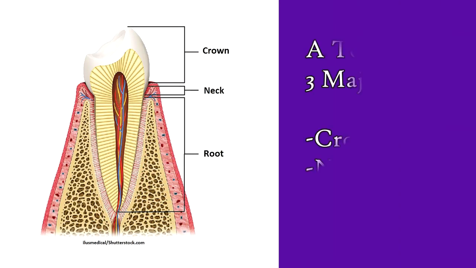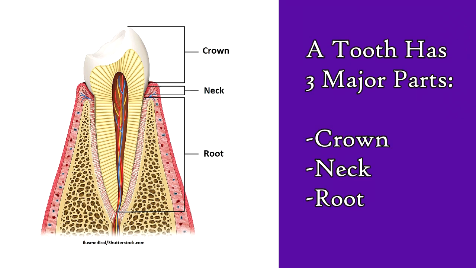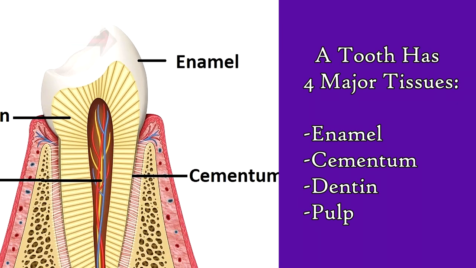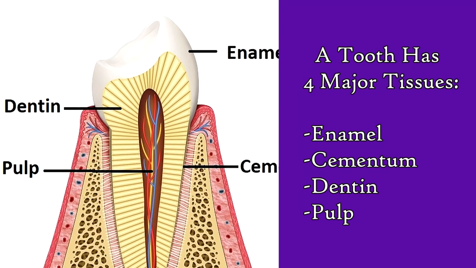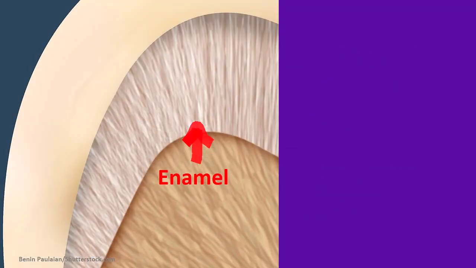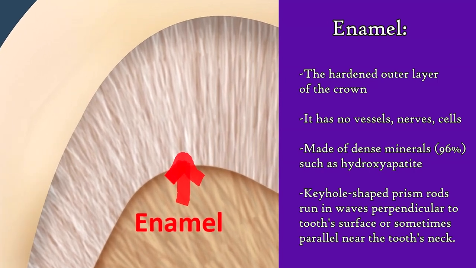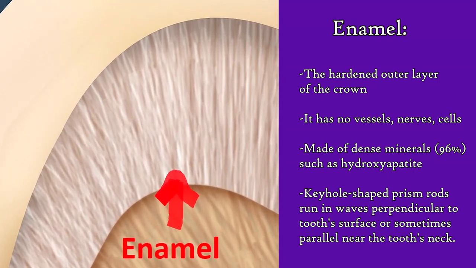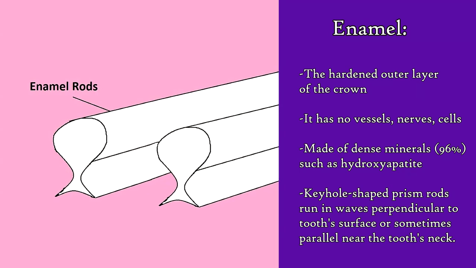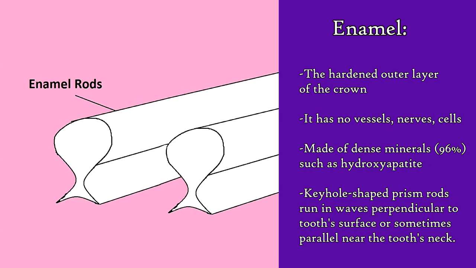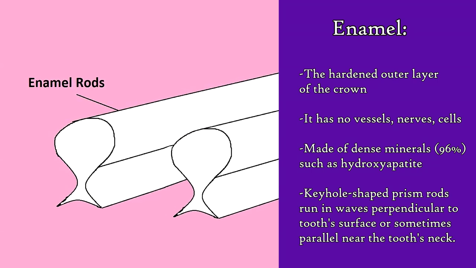So the teeth have those 3 major parts: crown, neck, and root, but these parts are comprised of 4 major tissue types. You have enamel, cementum, dentin, and pulp. Enamel, which makes up the hardened outer layer of the crown, does not contain living tissue such as vessels, nerves, or cells. Instead, it is mostly comprised of a dense arrangement of minerals such as hydroxyapatite, which are formed into tiny prism rods that run in a wave pattern perpendicular to the tooth surface, though they can also run parallel